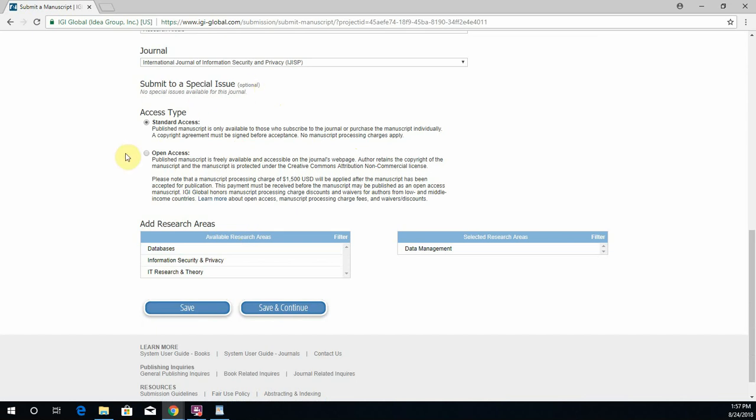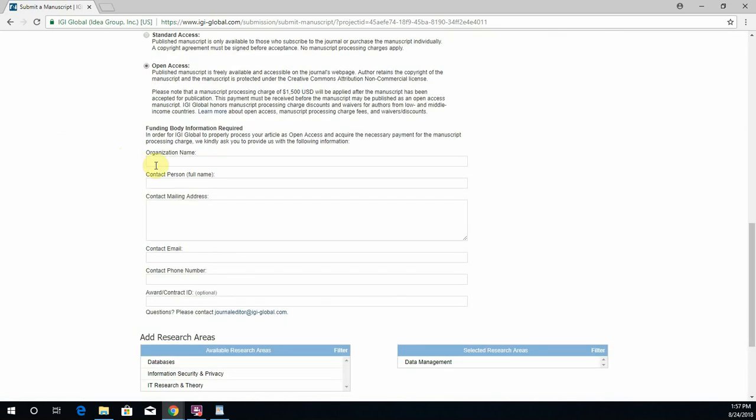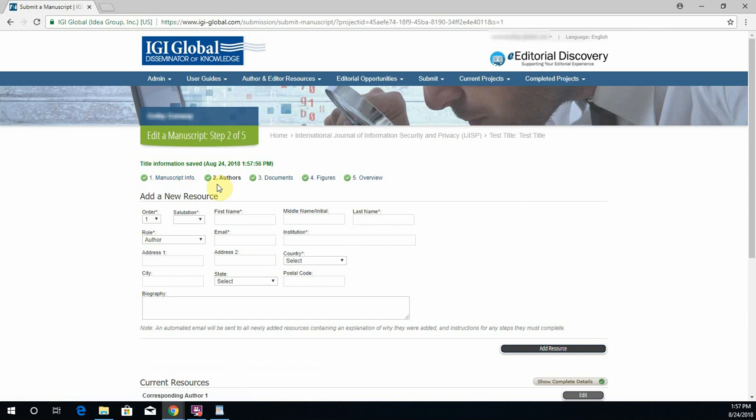If you wish to have your manuscript be open access, you would click the open access button, in which your page will reload, and then there's more information that you would need to fill out. Once completed, you would hit save and continue, which will bring you onto the next page, which is the authors